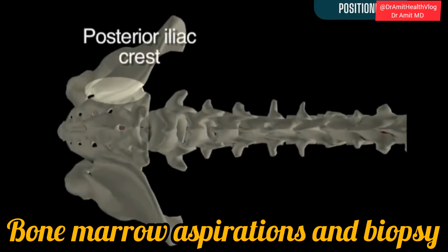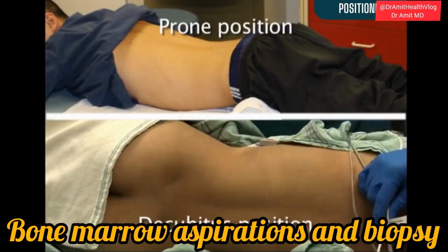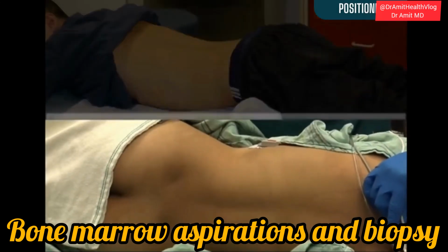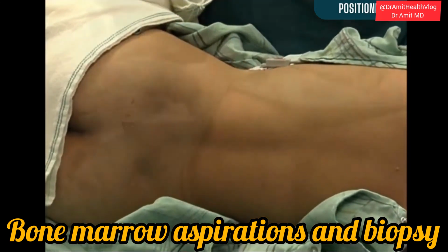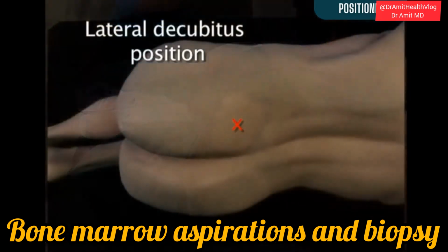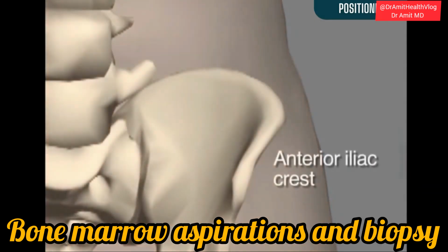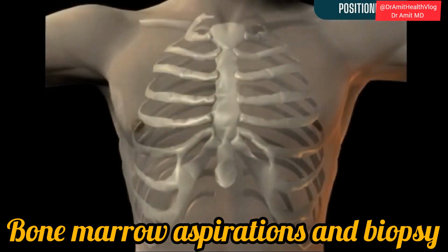The posterior iliac crest is the most common site used to obtain bone marrow. This site can be reached with the patient in either the prone or decubitus position. This video will demonstrate the decubitus position. The patient should be positioned in the right or left lateral decubitus position with knees flexed. The posterior iliac crest is located at the center of the posterior superior iliac spine. Though the sternum can be used to obtain a bone marrow aspiration under exceptional circumstances, it is not suitable for